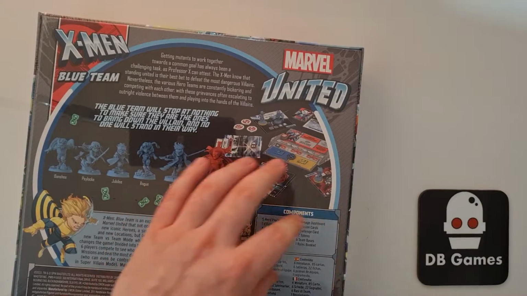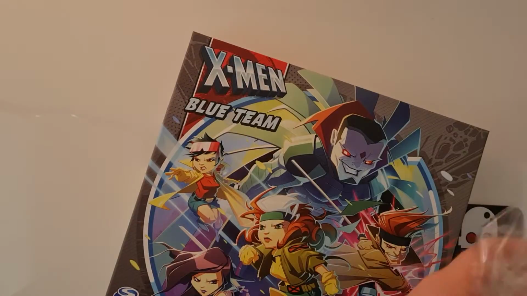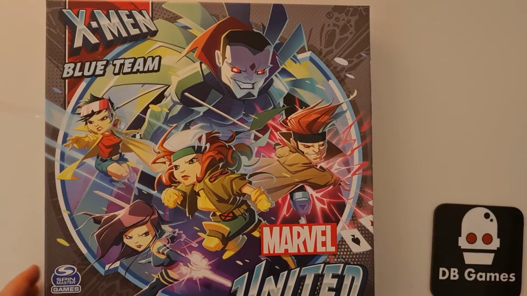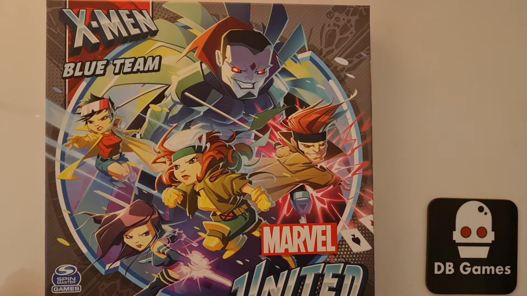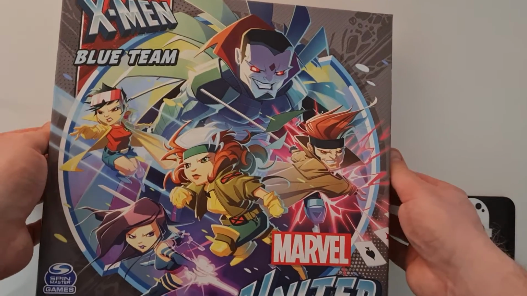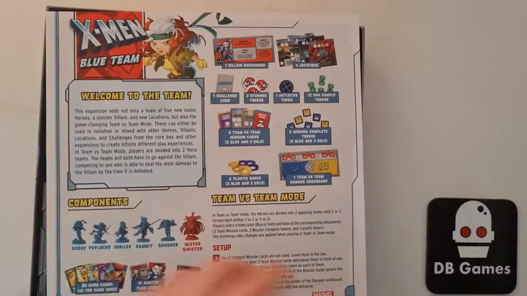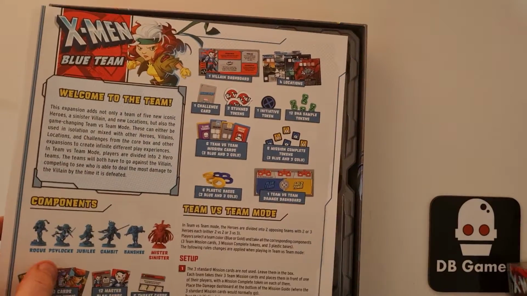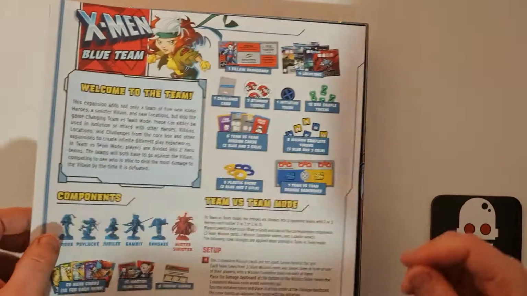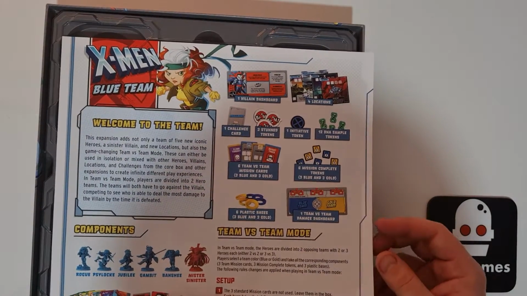So just quickly open the plastic on the back. Have a look at what's inside. I'm assuming it'll add a couple of extra locations as well and things like that. So let's open it up. A bit stiff. Okay, so you can see inside we've got our instructions, which seem pretty basic and give a